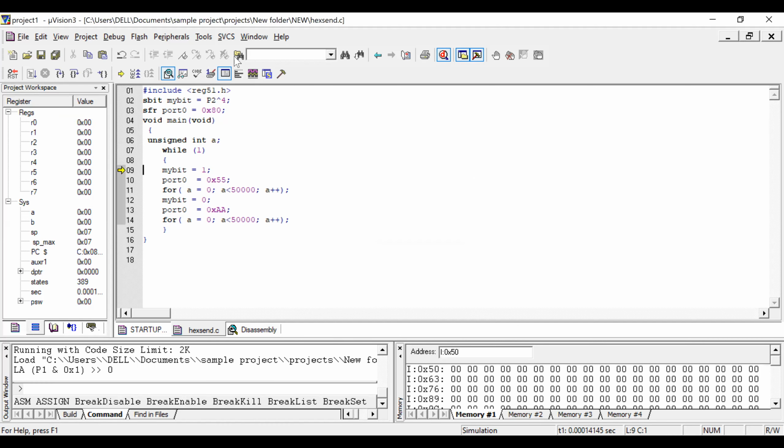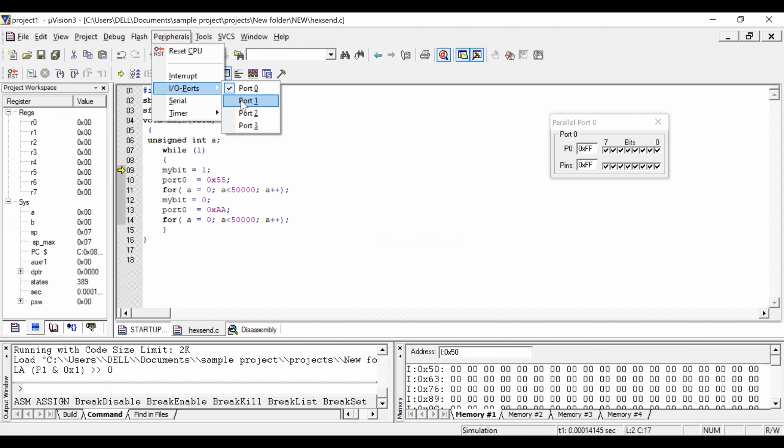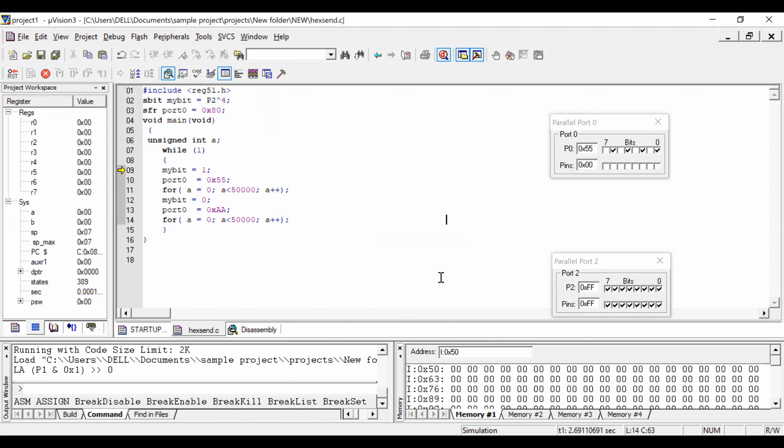After debugging, I want port 0 and this particular pin. I'm using port 0 and I'm using port 2. Okay. So now I'll run the program. See, here the values are toggled. Port 0 is toggled between two values.